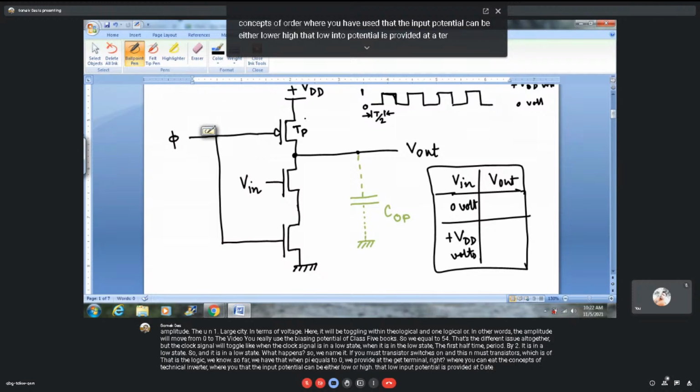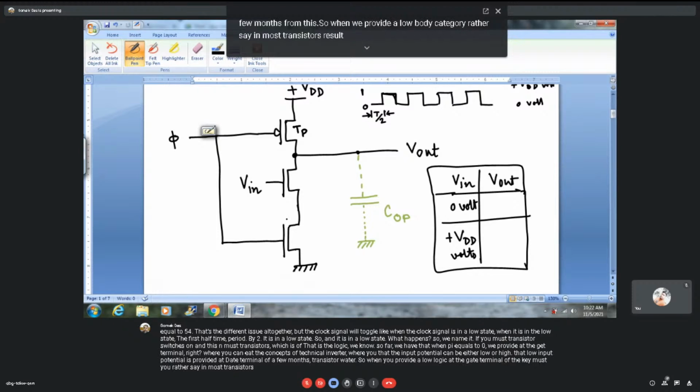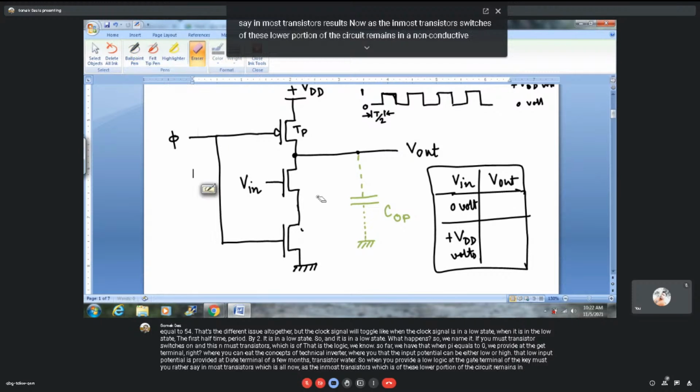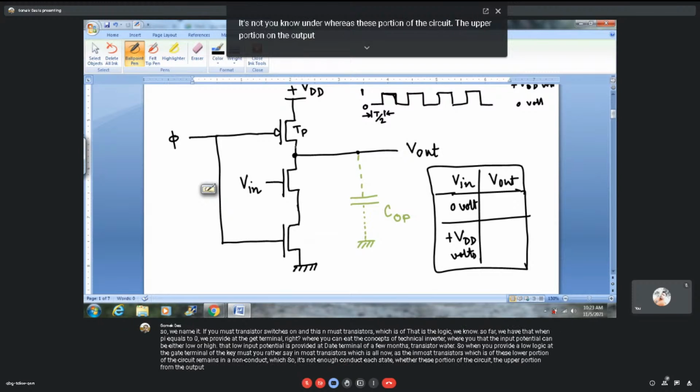When you provide a low logic at the gate terminal, the CMOS transistor switches on, whereas the NMOS transistor switches off. As the NMOS transistor switches off, this lower portion of the circuit remains in a non-conductive state, whereas this upper portion of the circuit, from the output terminal to the biasing potential, remains in a conductive